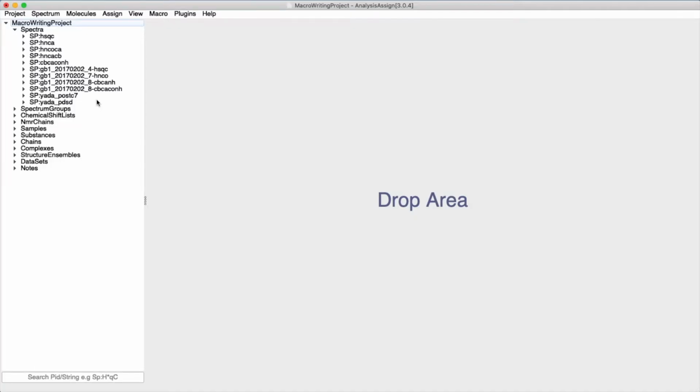I'm going to take you through the basics of how you can start to write your own macros in Analysis version 3. This will allow you to create your own shortcuts for repetitive tasks or create bespoke ways of analysing and manipulating your data. Our macro writing tutorial begins with a short introduction to some of the basic elements of